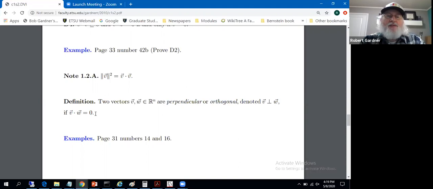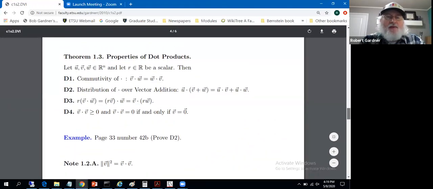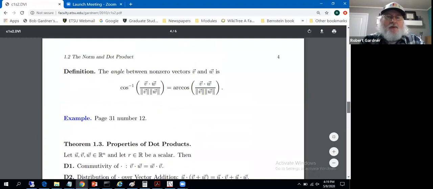If the dot product is 0, that's their definition. Does that make any sense? What do we have with dot products? That doesn't look too useful. Here it is. Hey, sorry, the letters are different, but if the dot product were 0,